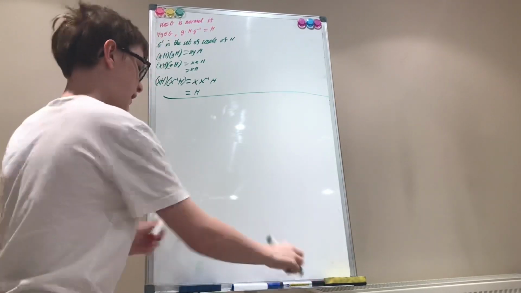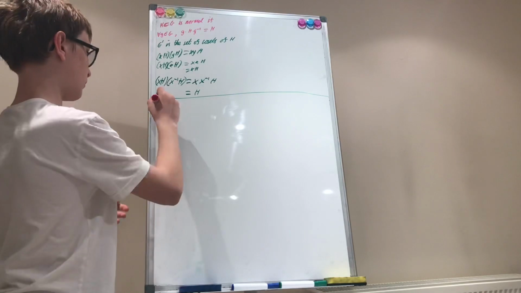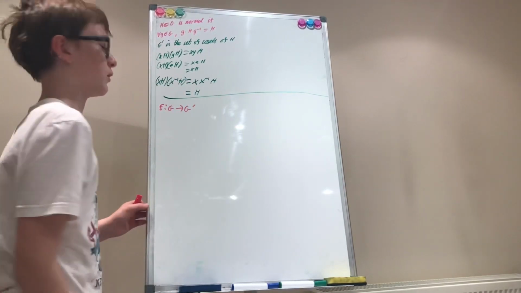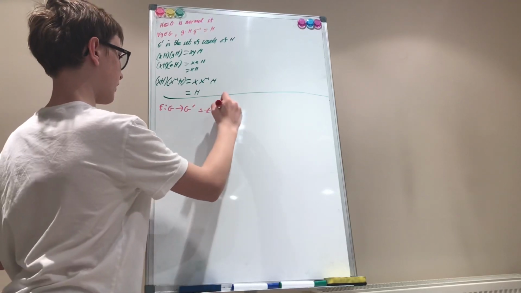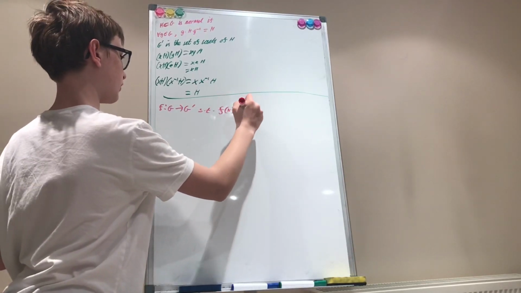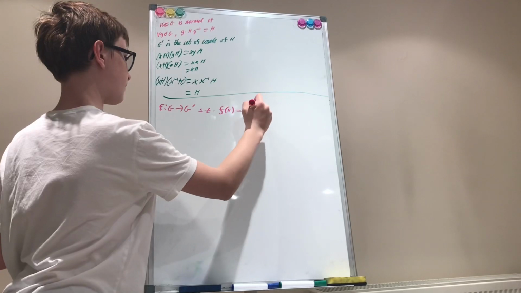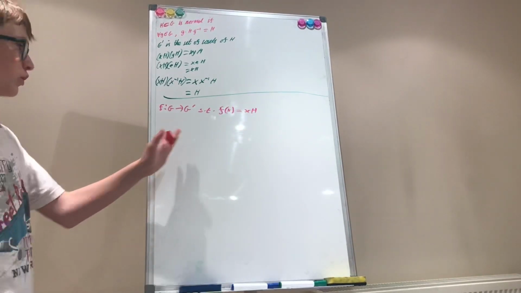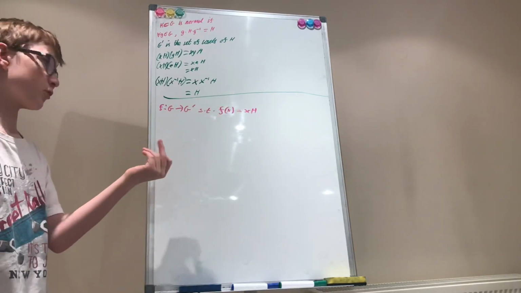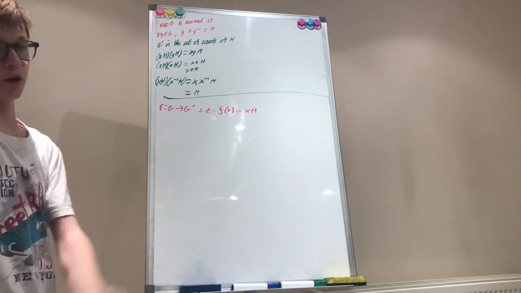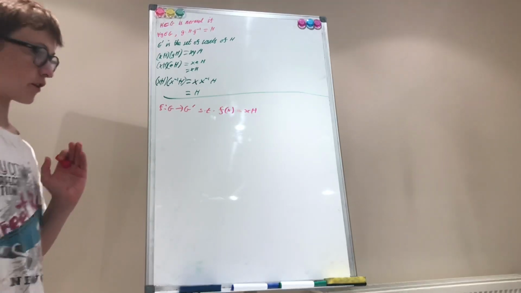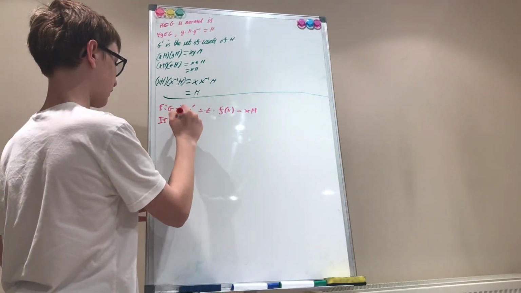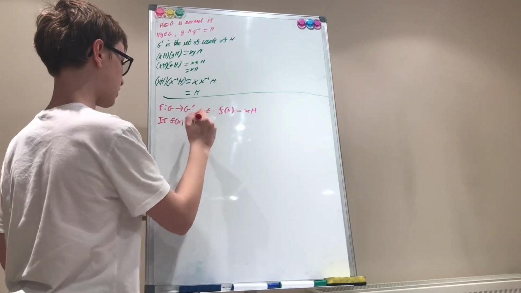Now, let f be a homomorphism. It takes you from G to G prime, and it's defined as f of x equals xH. Now, of course the subgroup H is going to be contained in the kernel, but actually it turns out that H is the kernel. If f of x equals H,